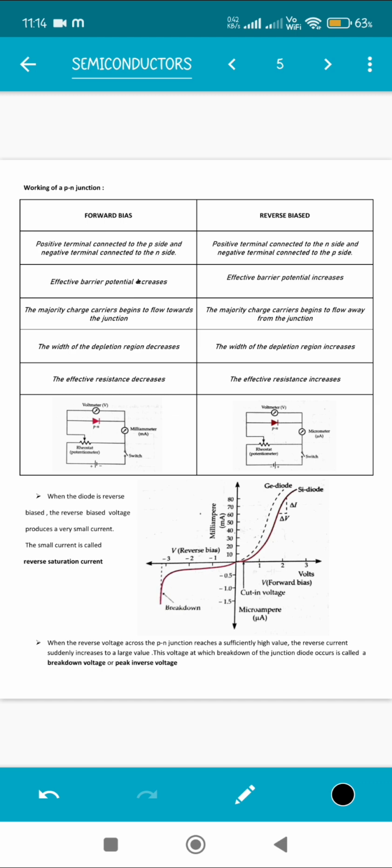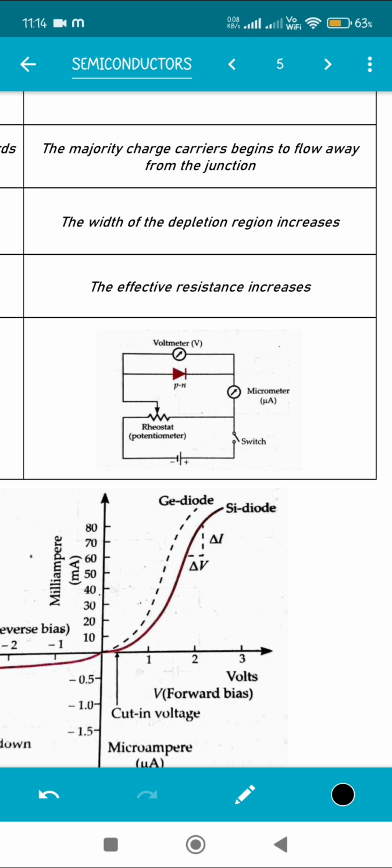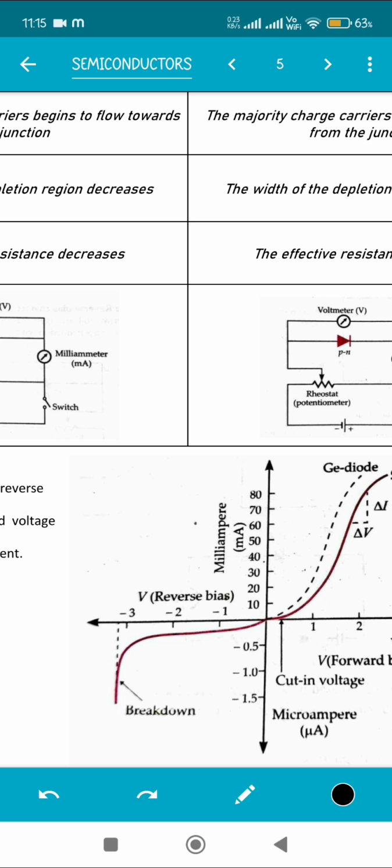Now if you see the diagram properly, you will see that in case of the forward bias, initially the voltage is increasing and the current is also increasing, and it is following a curve like this. Right? For silicon it can be different, for germanium it is different naturally. But when I come to reverse bias, the current is not increasing much. Right? The current is increasing very slowly. The voltage is increasing, but the increment of current is comparatively less. Suddenly, after a certain voltage has been reached, the current will increase rapidly, almost in a straight path. That means it is increasing at an extremely high rate.